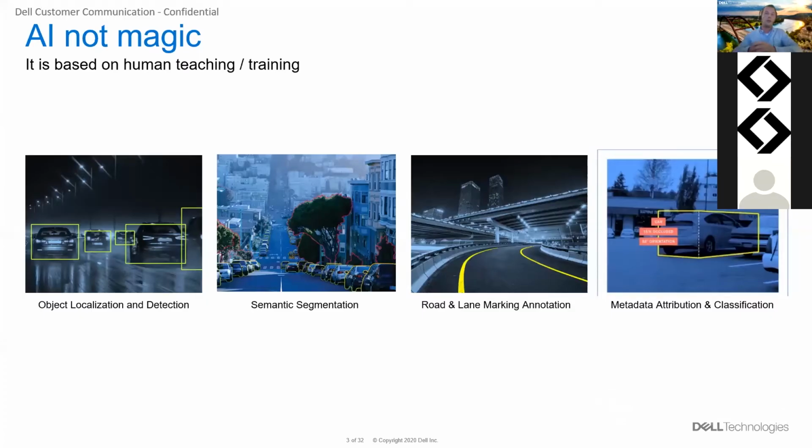What you will also require is a machine learning algorithm and in general, artificial intelligence. Of course, it's based on human teaching and on training all these models. And we can focus on various tasks out of the visual recognition area, such as object localization and detection, as we've seen in the example from Katalin, and also in the video teaser that I've introduced you to.